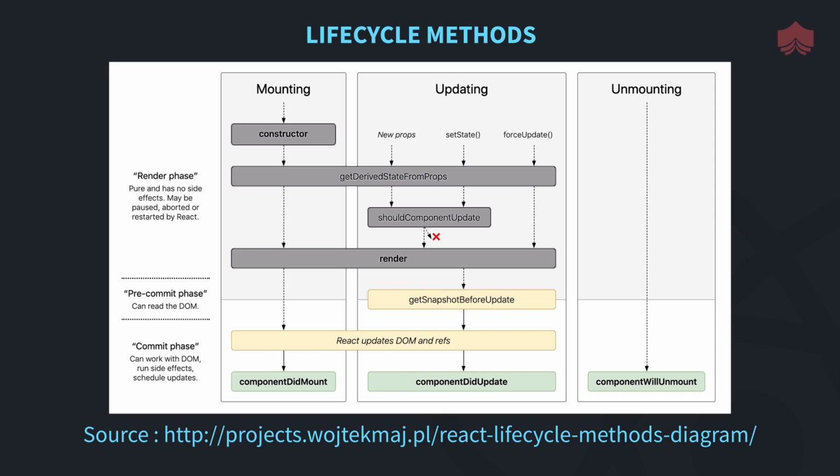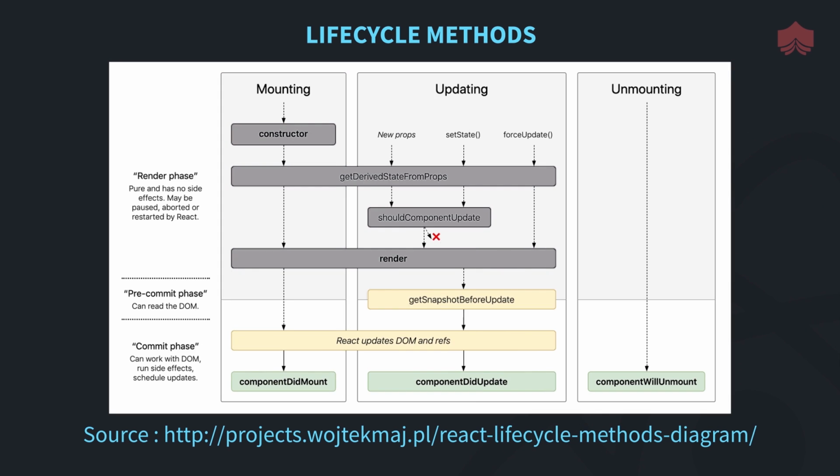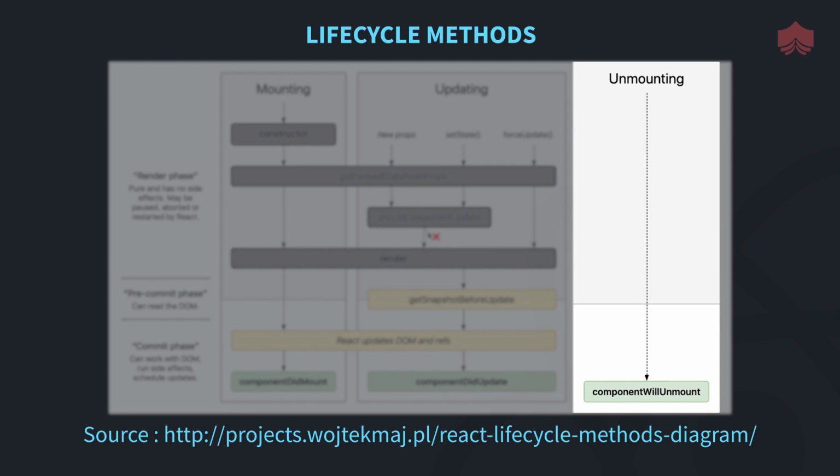Every component goes through a cycle of birth and death. Across this timeline, there are various key points where React allows you to run custom code. This lets you design custom behavior. This diagram depicts all lifecycle methods that occur between the birth of a component, known as mounting, to when a component is destroyed and removed from the DOM, a process known as unmounting.